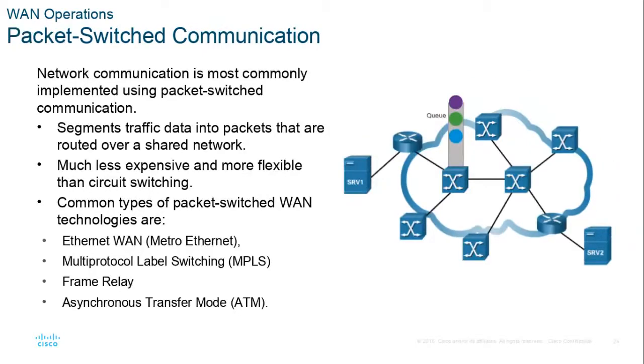Packet switch is like when you have an internet connection with a cable modem or a DSL modem, it's on all the time. You just shoot a packet into it whenever you feel like it. And if the devices that are connecting you to the internet are not free right now, they're going to hold that packet in a memory buffer, and eventually it'll be switched along. Examples of these are a Metropolitan Ethernet connection, DSL, and cable company service.